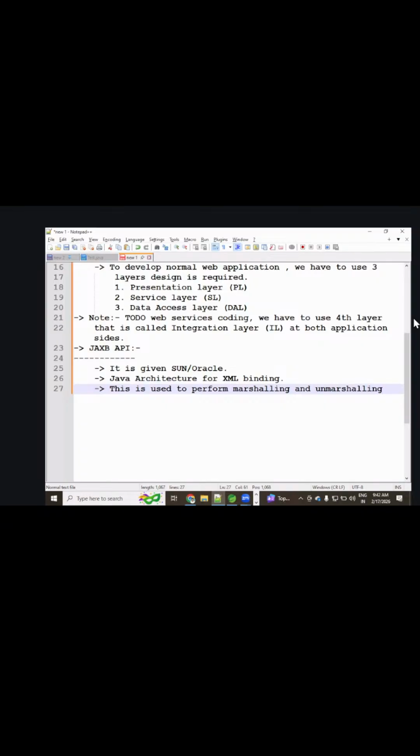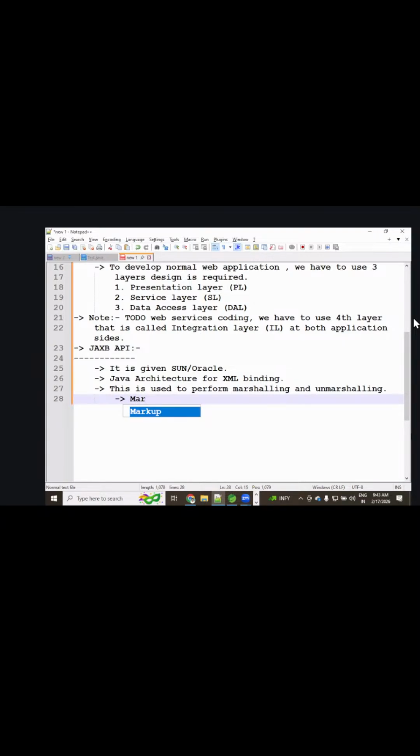What do you mean by marshalling and unmarshalling? Let me start from scratch. Our .java code is converted into a .class file. Similarly, JAXB is used to perform both marshalling and unmarshalling operations.